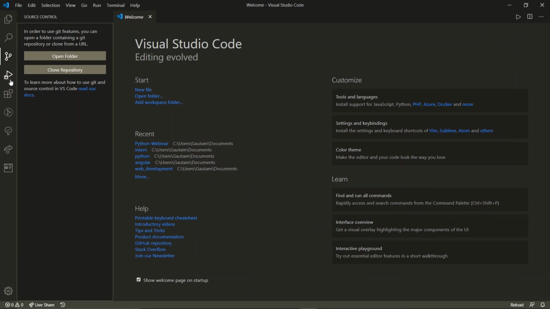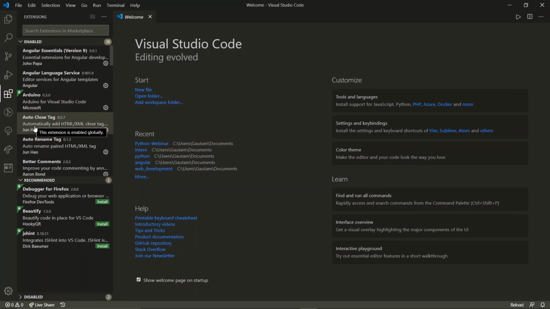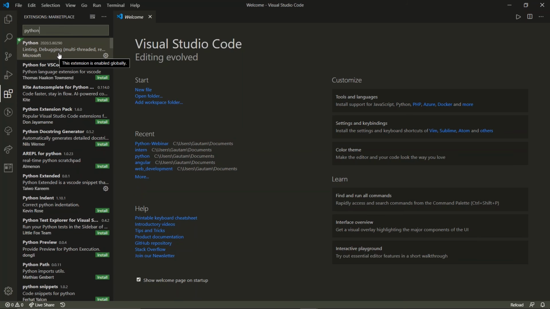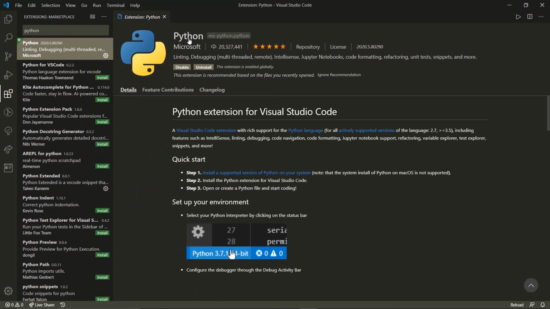So now we come back over here. Now here we have the extension part, what I was talking about. I have many extensions that are pre-installed, but you just make a note of the extensions I'm typing. You need to download the extension Python. See, Python by Microsoft. You need to install this. Okay, just write in the notes that you need to install this particular thing.